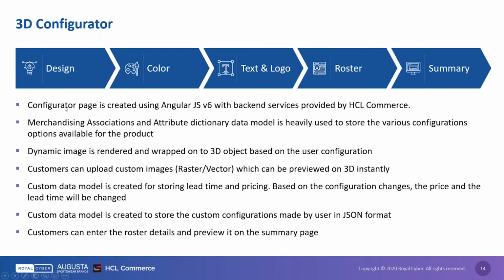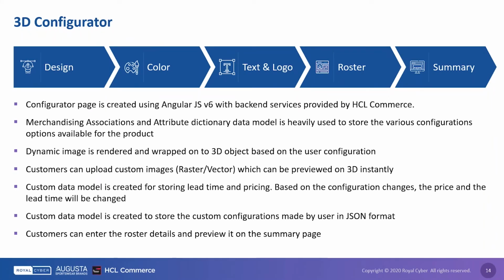The configurator page is created using AngularJS version 6, with the backend services completely served by HCL Commerce. We are using HCL Commerce as our base, and all the services, all the data modeling, and every piece of data we needed to paint that page comes from the services in HCL Commerce. And then